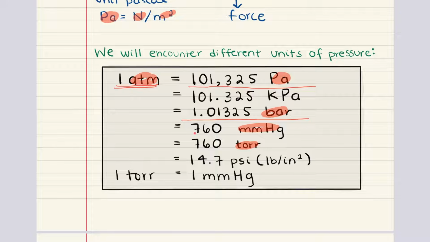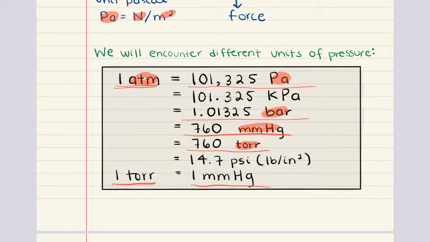It's also equal to 760 millimeters of mercury, and it's also equal to 760 torr. In addition, 1 torr is equal to 1 millimeter of mercury. So again, please look at these conversions that are summarized in this table and make sure you commit these to